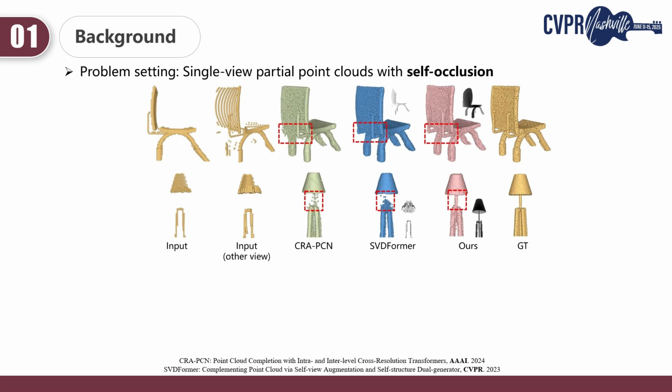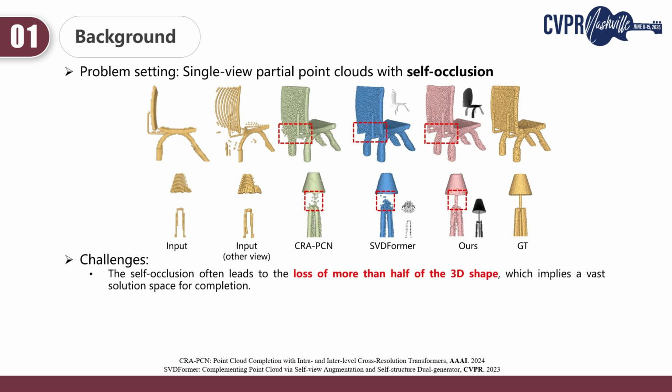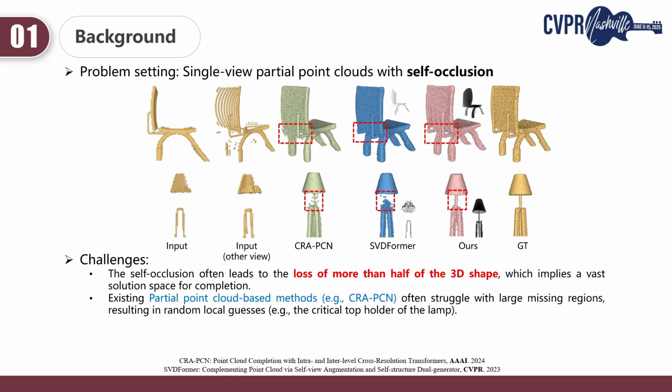As shown in the first two columns of the figure, the self-occlusion often leads to the loss of more than half of the 3D shape, which implies a vast solution space for completion. Most existing methods, such as CRAPCN, rely exclusively on partial point clouds as input. This limitation often results in random local gaps in large missing regions, such as the critical top holder of the